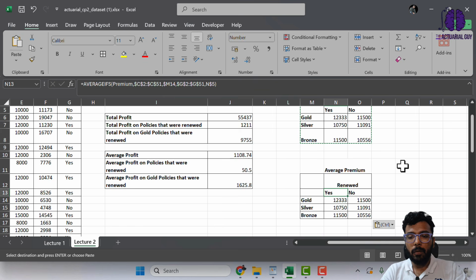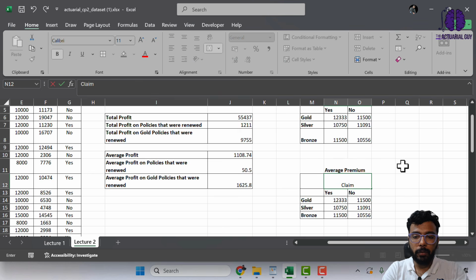So instead of the renewed condition, here I had claim amount, and here you had less than 5,000, or maybe you can just say less than 5,000, and it's more than or equal to